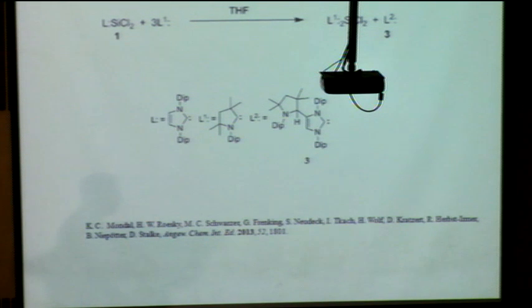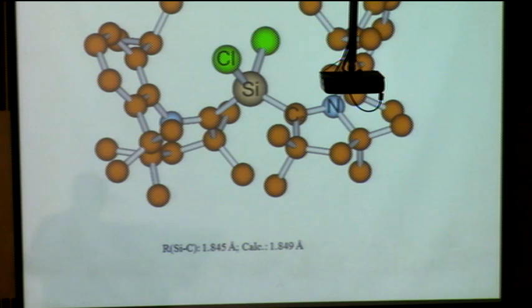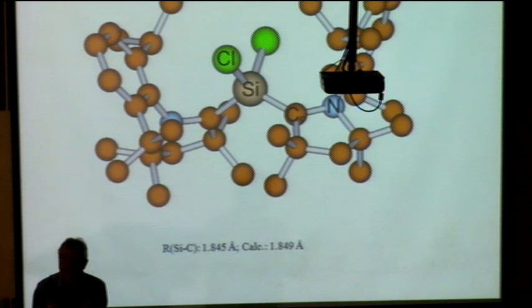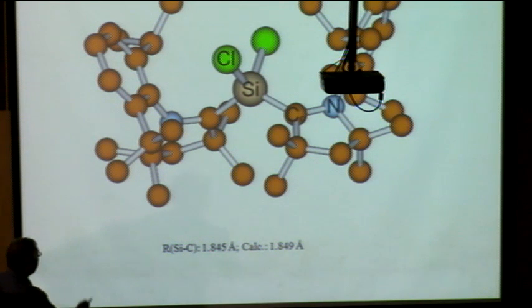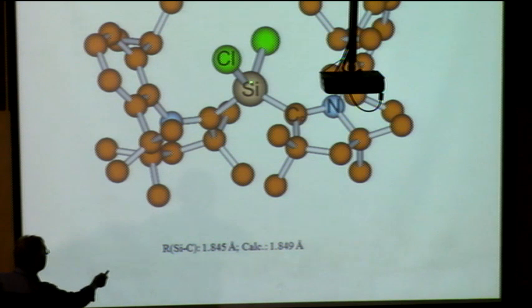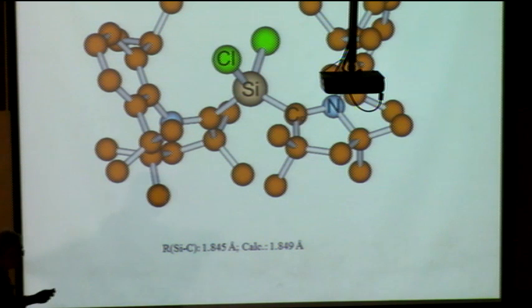Not one, but two. And when we look at the structure, and you see calculated and experimental one in nearly perfect agreement, this bond is even shorter than we had calculated with only one of them. This bond is over 1.85. When you have only one and a lone pair, it's 1.95. But there should be a lone pair at the silicon. There's no place for a second ligand to bind. How could it be possible that silicon binds two of them and that they have such a strong short bond?